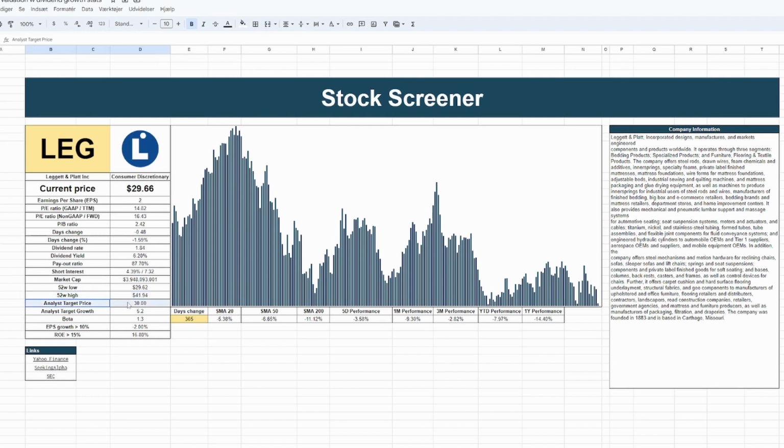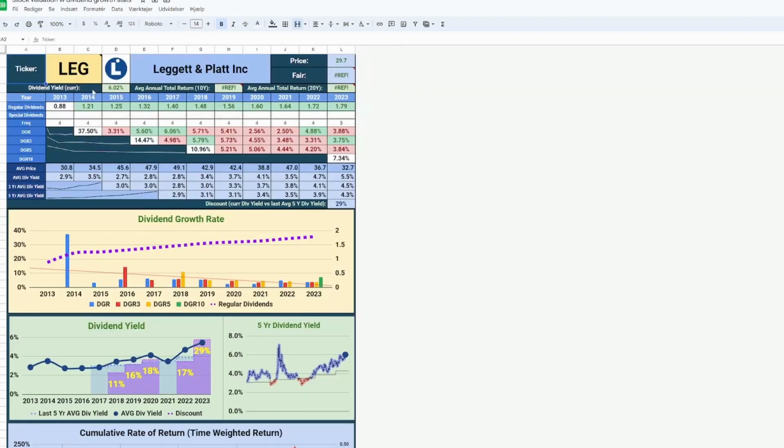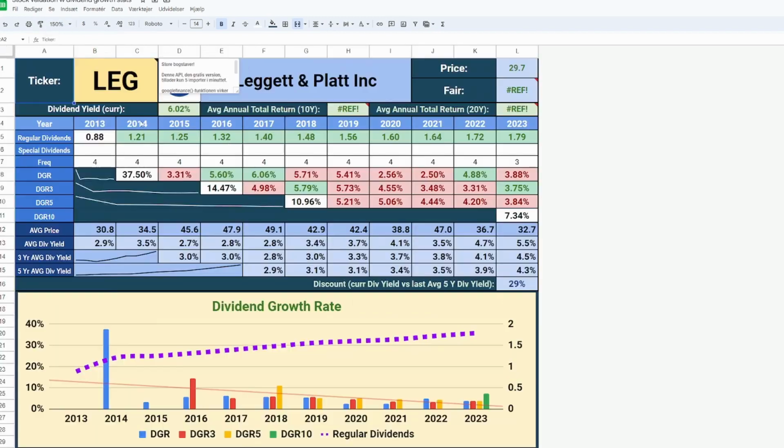The analysts have a target price of $30, which is roughly in line with the current price, and the target growth of around 5%. They do have a negative EPS growth of -2%, and the return on equity is at 16.8%. But let's jump into our dividend data tab and zoom in a bit so we can see everything a little bit better. And what I want to do here is take a look at the first table up here